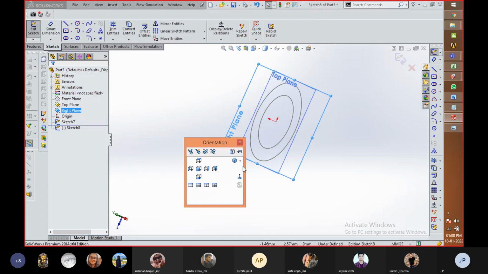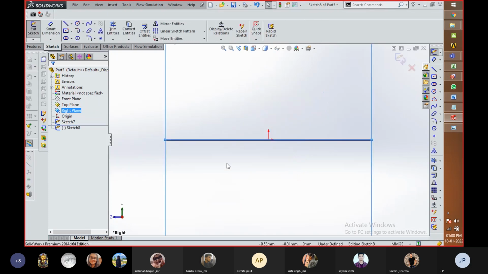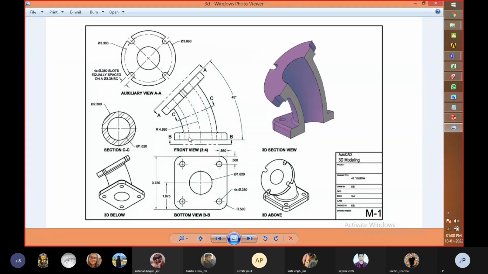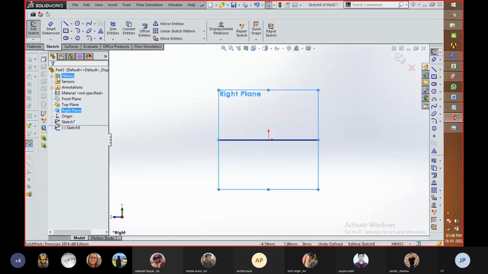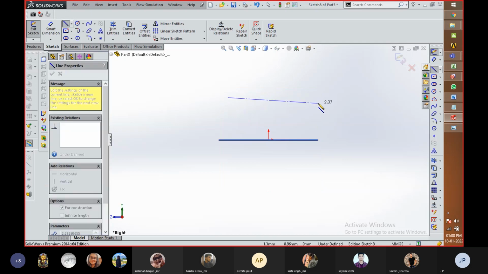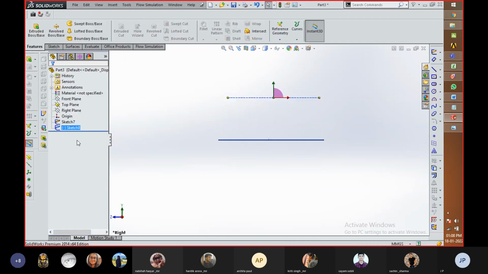Okay, and then we are going to create a sketch of this type. So for that purpose, we are going to create a sketch of this line, then go for OK.